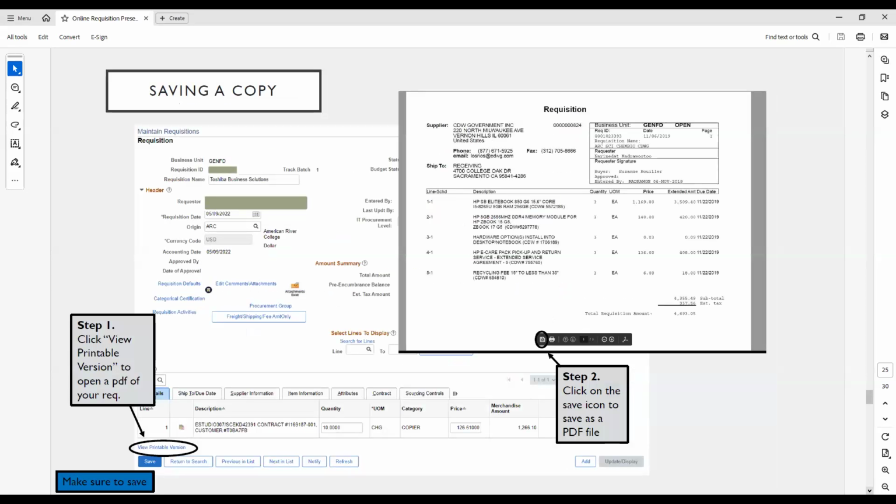After you're done, please save a copy of the requisition for yourself, if you need to look at it or save it to use it for next year, or just put it in the folder. So to make sure that every year, for example, if you have requisitions for 12 blankets, when we are getting close to the new fiscal year, then you know that you have to do 12 blankets